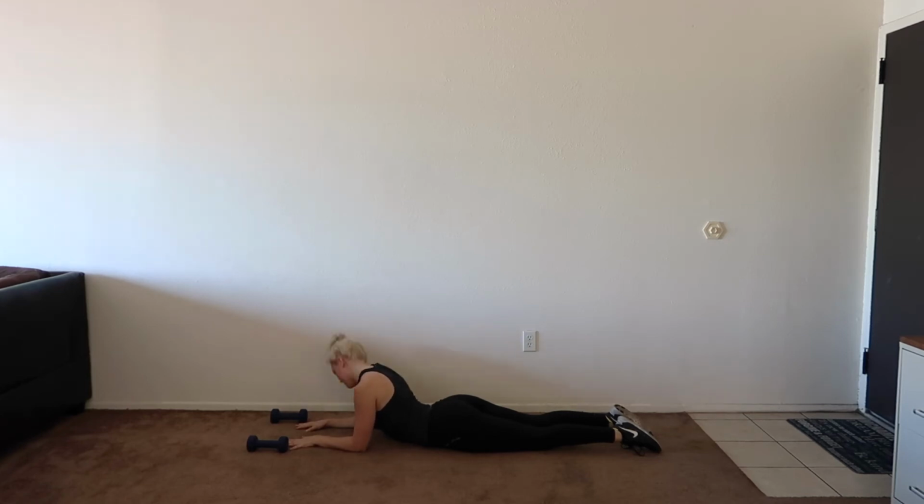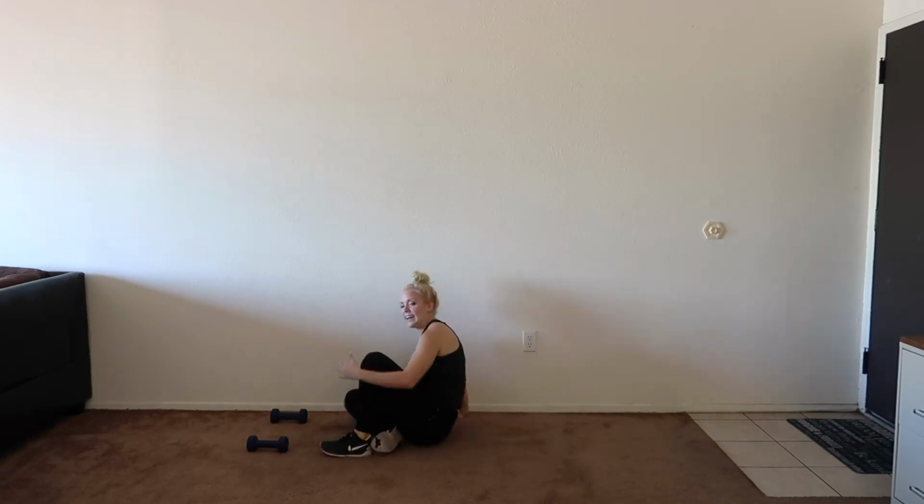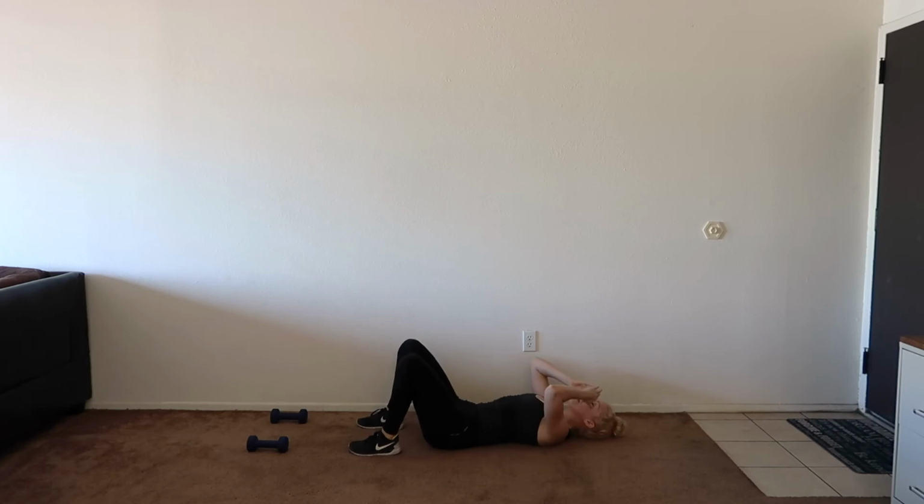We are about to get into an ab circuit here. So make sure your neck is all loose so you don't feel it when we start some crunches. Good. Flip over onto your back. Bend your legs so your feet are flat against the ground. We are about done with this workout. We are just going to do a series of ab exercises, and then we will move on to that cool